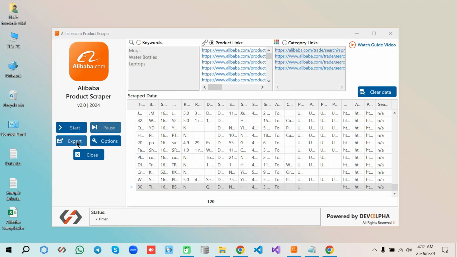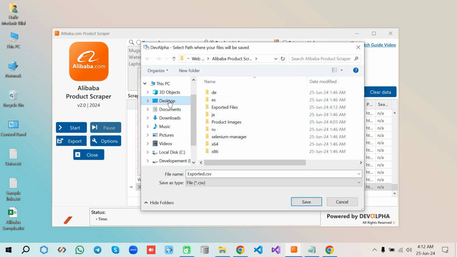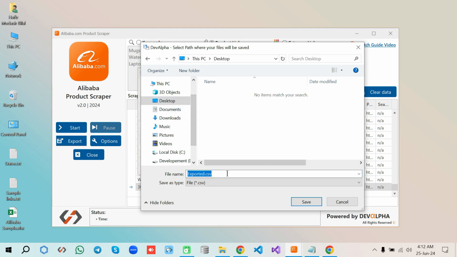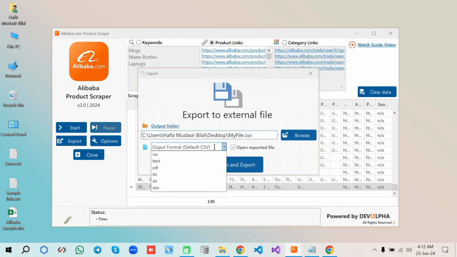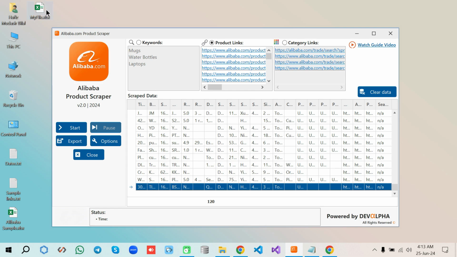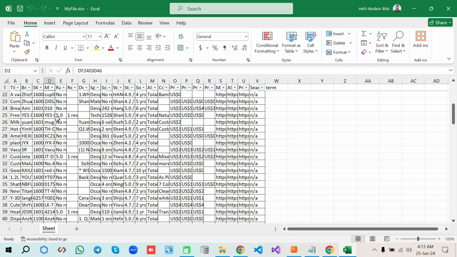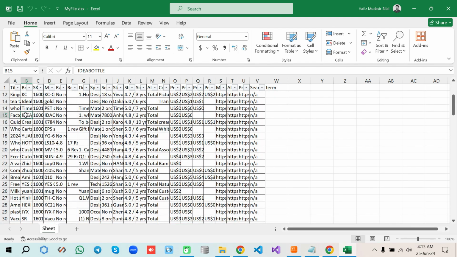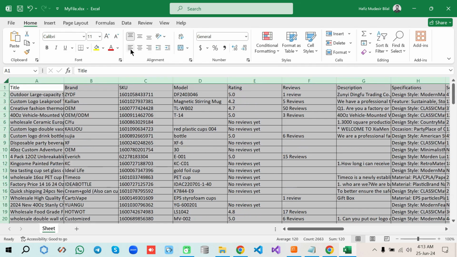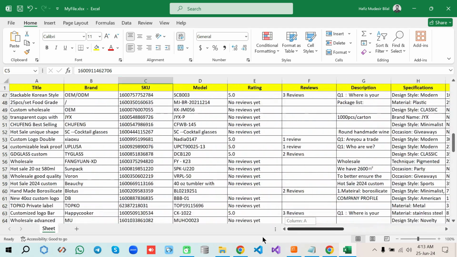Now I show you how to export data manually. Click export button and specify your desired output folder. I'm choosing my desktop, and name your file here like my file, and choose your desired output format. And if you check this, it will open the file after exporting. Okay, the file is saved here, so let's run it. Okay, you can also further edit this file. Let me show you how. Okay, our file is ready for use,